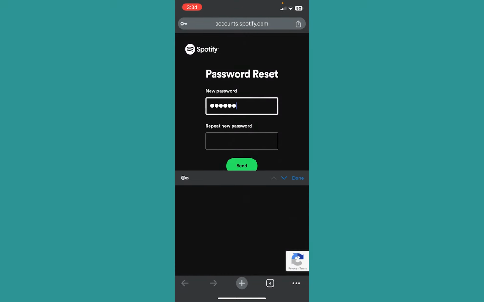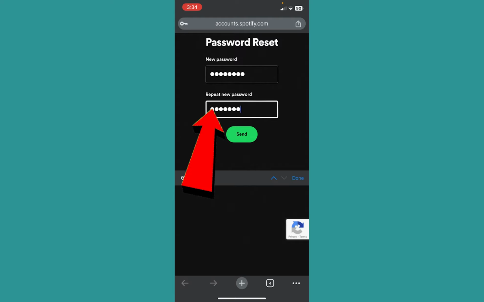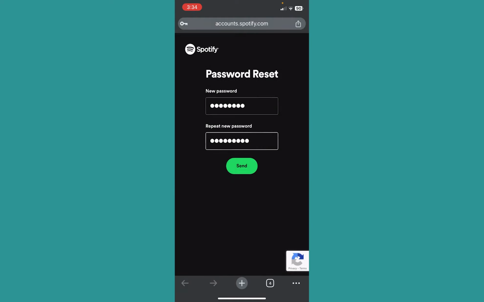Over here, I need to enter the new password of my account and enter the new password again to confirm it and click on send. Once I do that, my password will be changed. So that is how you guys can